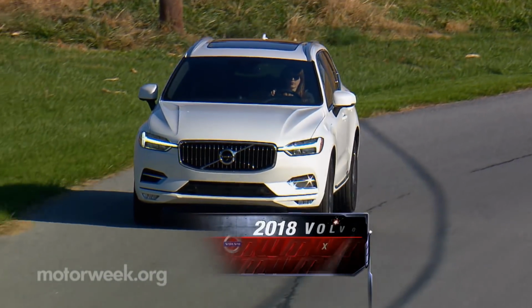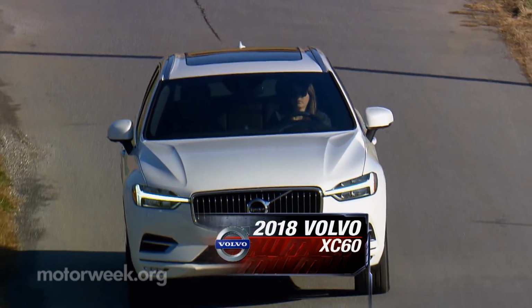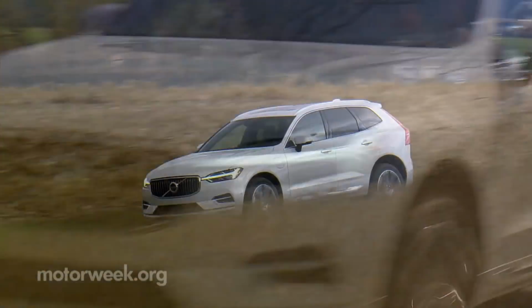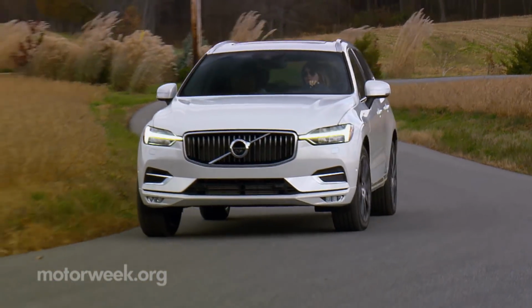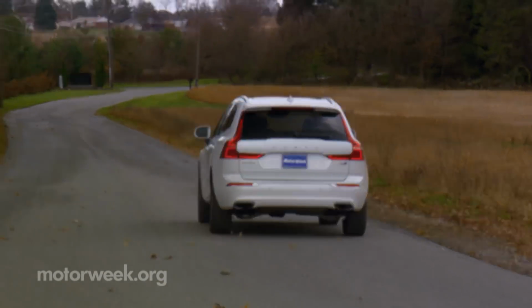Volvo didn't think too far outside of the box for their midsize 2018 XC60 crossover. Rather, they just took the wonderful package that is the XC90 and downsized it. Well, like most things, it's not quite that simple. It does ride on the same platform, which means you also have the same powertrains, starting with a 2-liter turbo